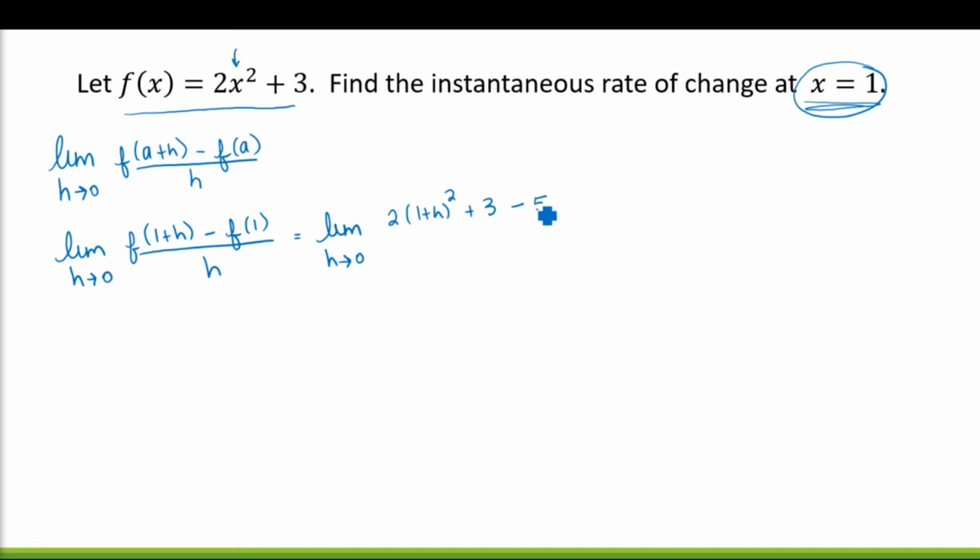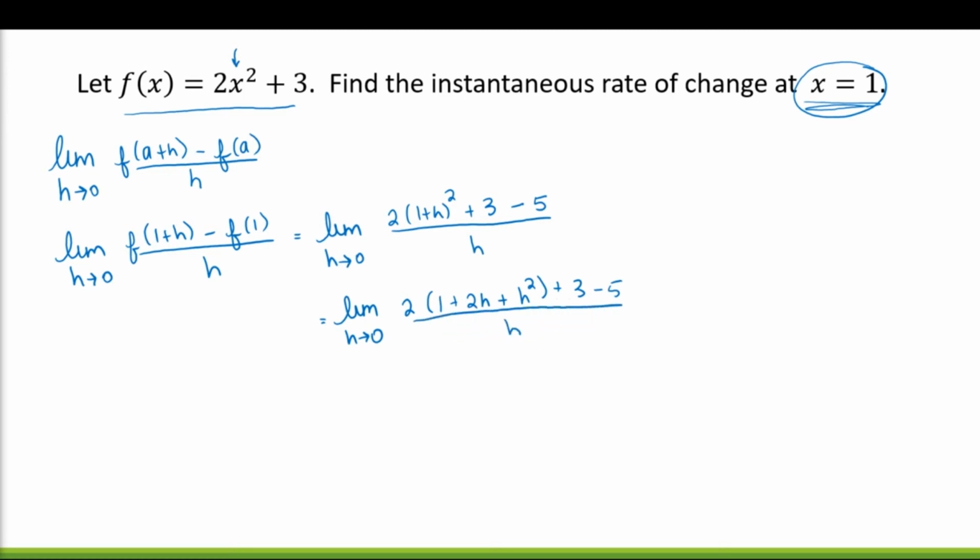So minus the f of 1 all over h. And we can simplify a little bit more. We have the limit as h approaches 0 of 2 times, now we have 1 plus h squared. So when we FOIL this, we'll get 1 plus h, so plus 2h, plus h squared. And then we have plus 3 minus 5